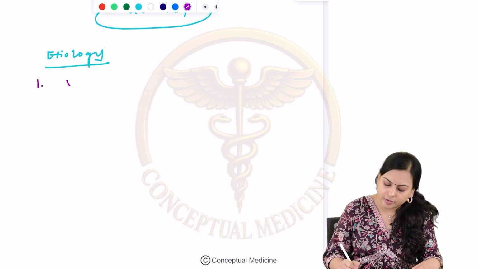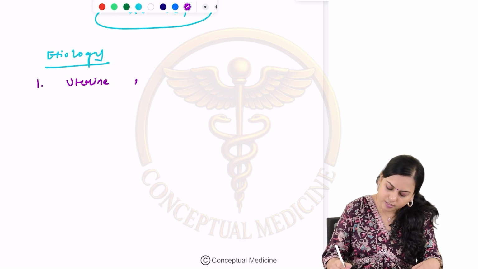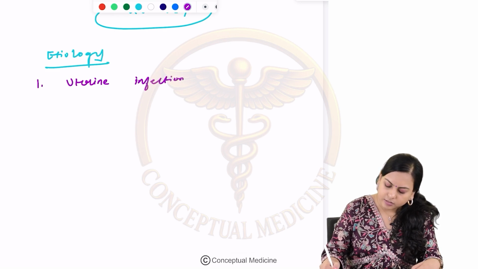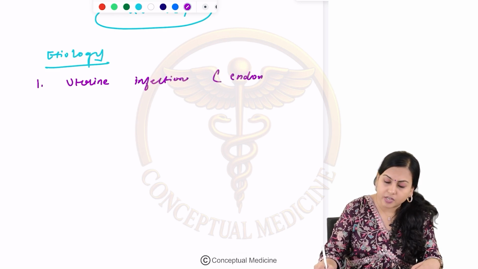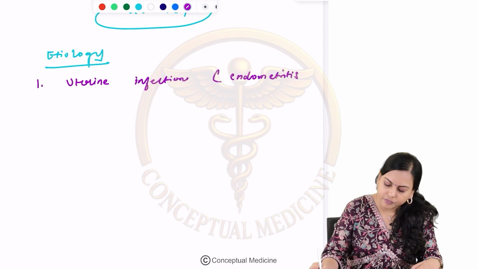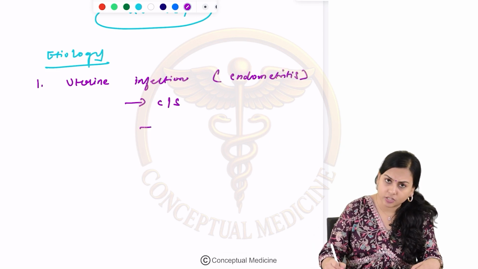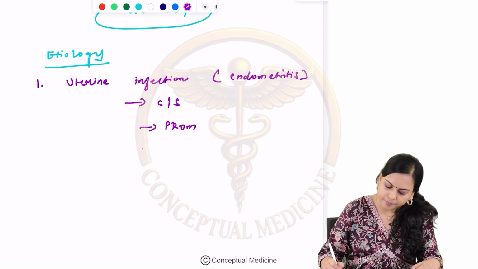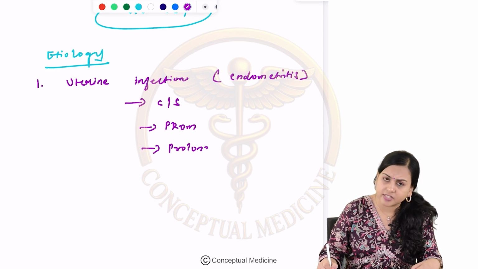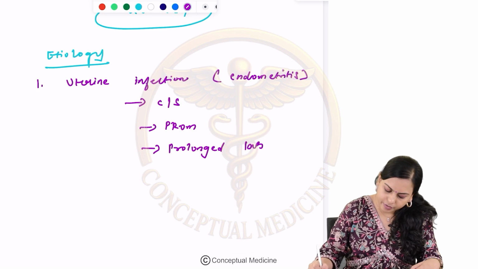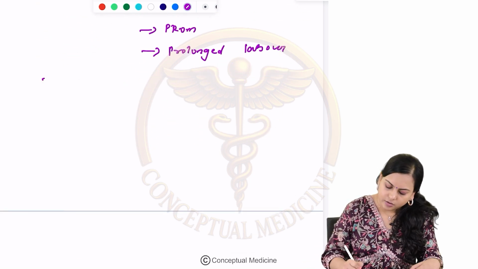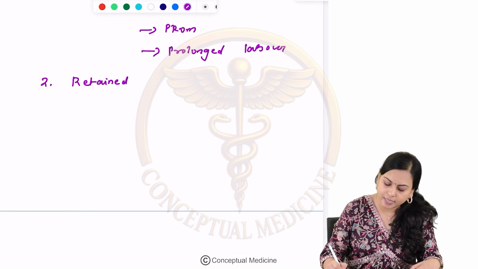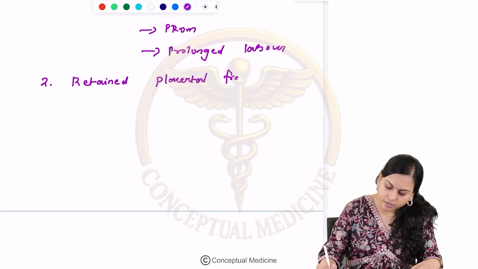Etiology most commonly involves uterine infections, that is endometritis. So what are the causes of endometritis? They can include cesarean section, PROM, or a history of prolonged labor. And the most important cause of secondary PPH is retained placental fragments or tissue,